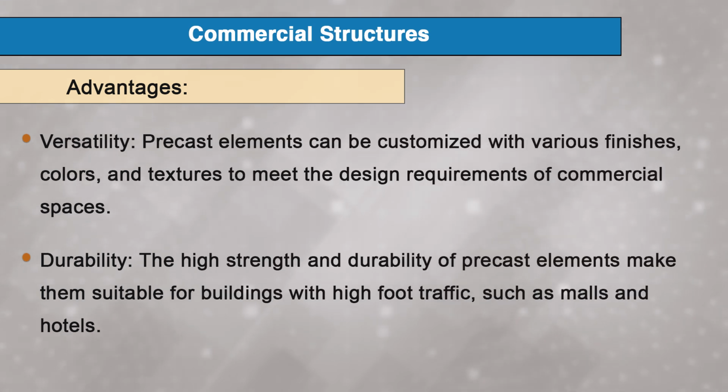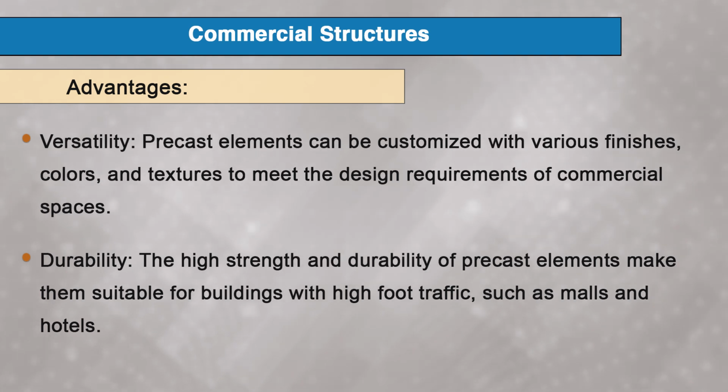If we talk about its advantages, that is versatility and durability. Versatility, that is the precast elements can be customized with various finishes, colors and textures to meet the design requirements of commercial spaces. And if we talk about the durability, the high strength and durability of precast elements make them suitable for buildings with high foot traffic such as